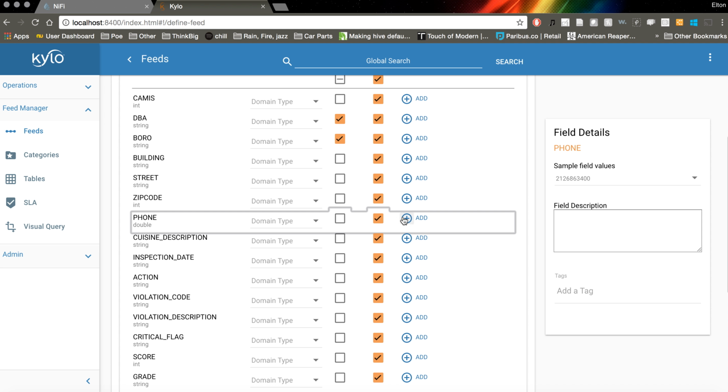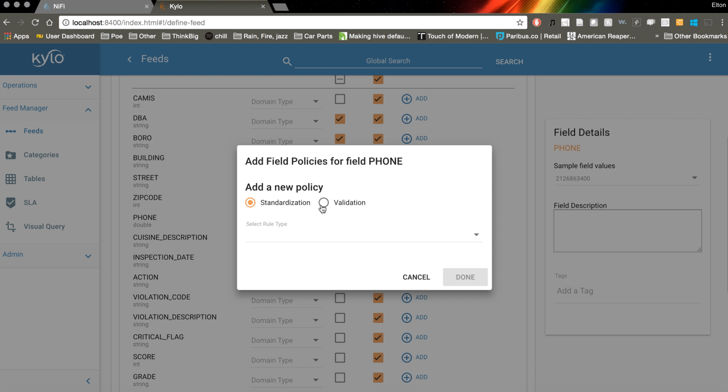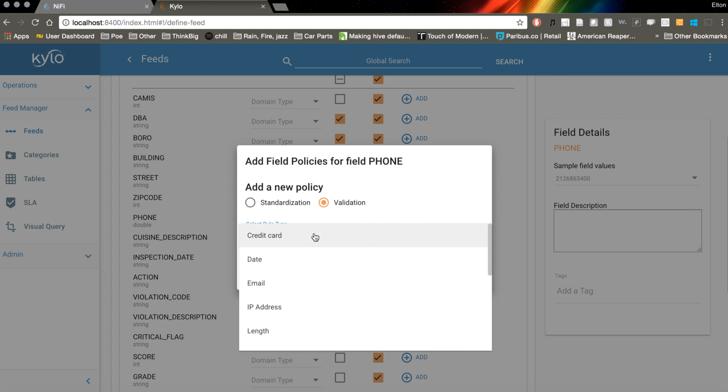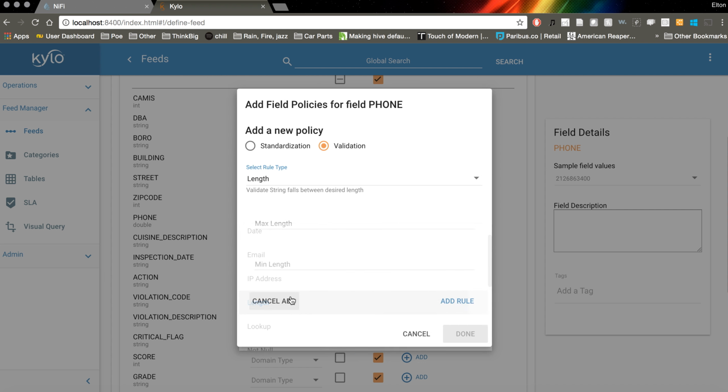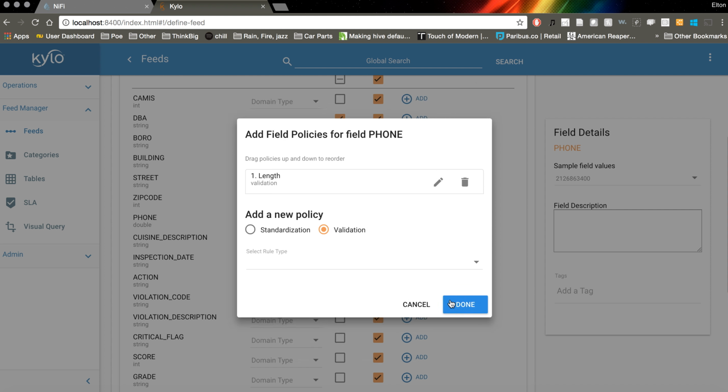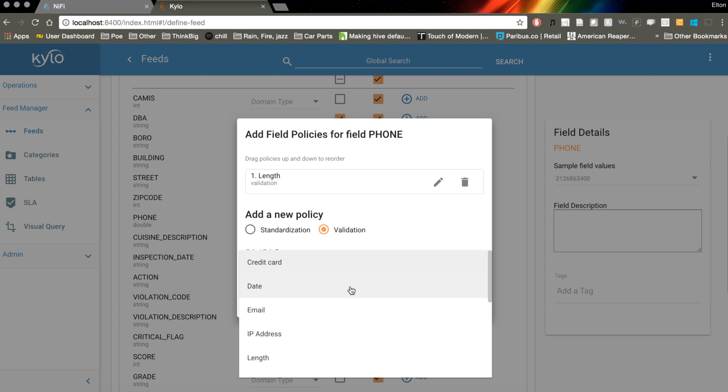So in this phone number we can do add, and we can say validation. We're going to add a validation rule that says length, max length is 10, min length also 10. We're going to do add rule. We can add another validation rule if we want for this specific column, where we say